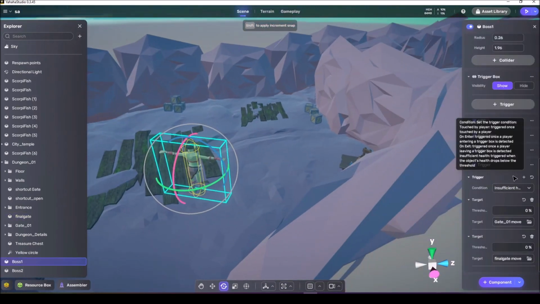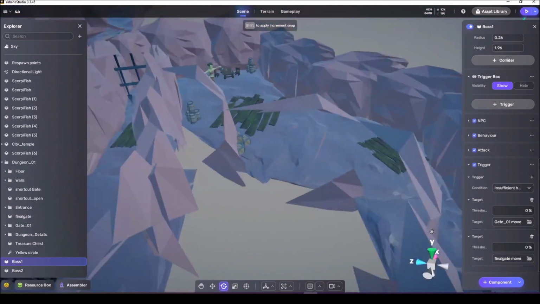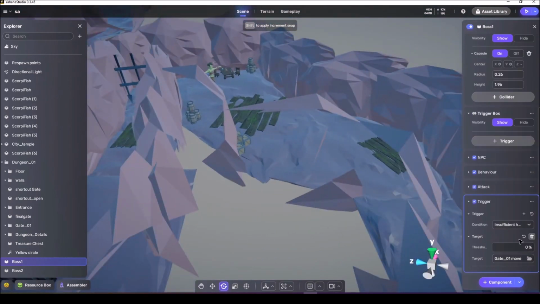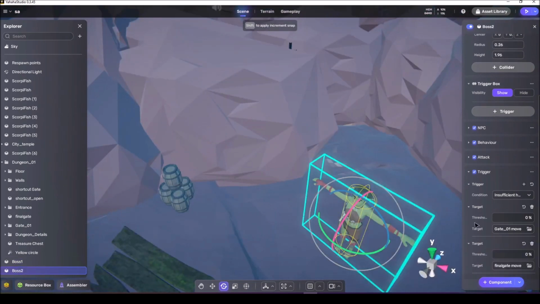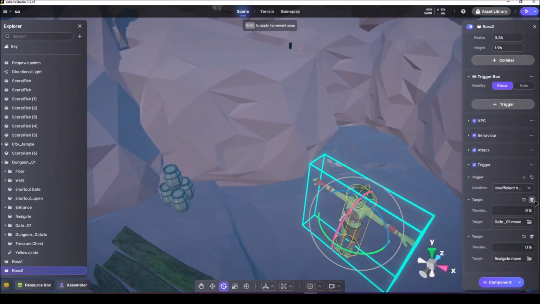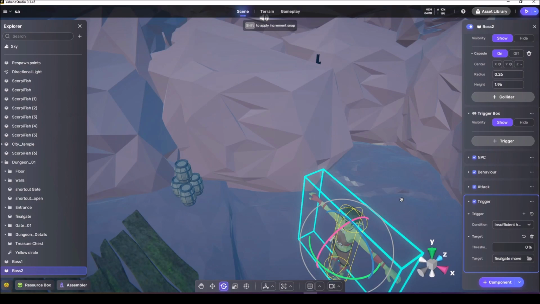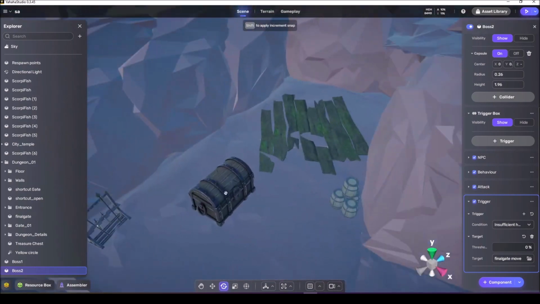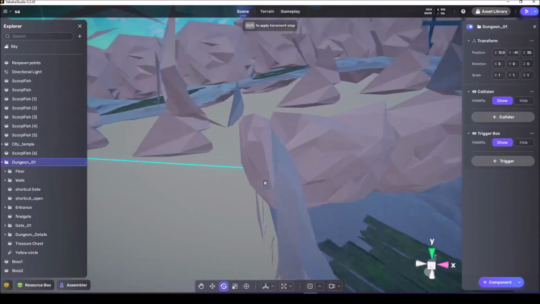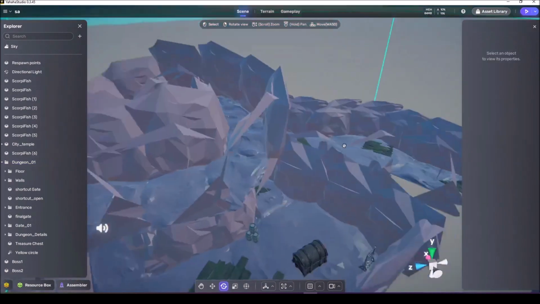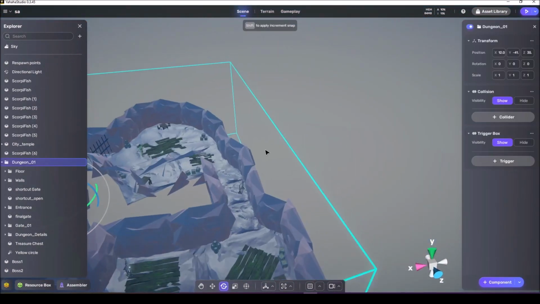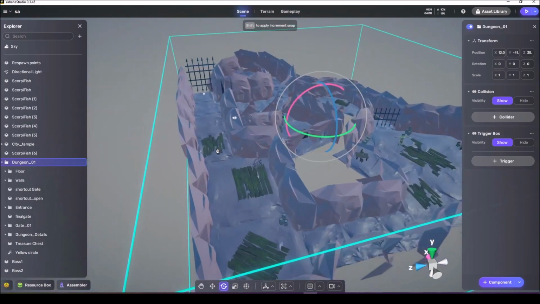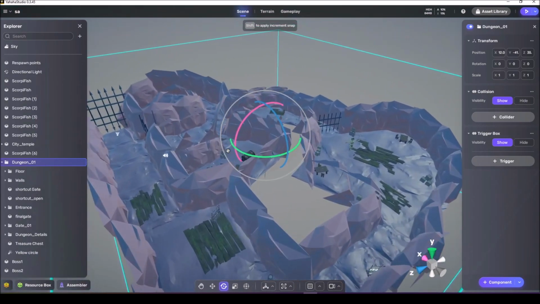She has 1 trigger and 1 target, and she has 1 trigger, 1 target. Okay, the treasure chest will drop loot once. Yeah, but the actual interesting thing that I want to set up is a node graph, because if we